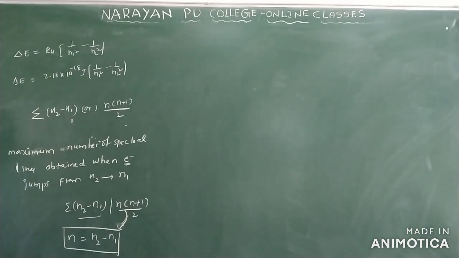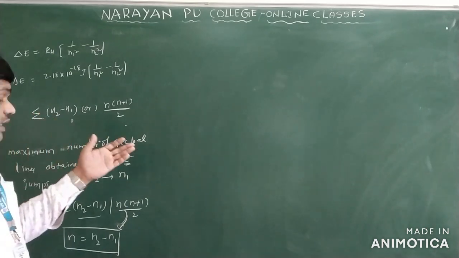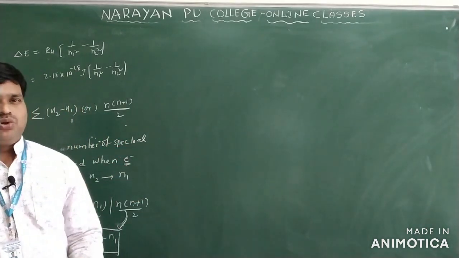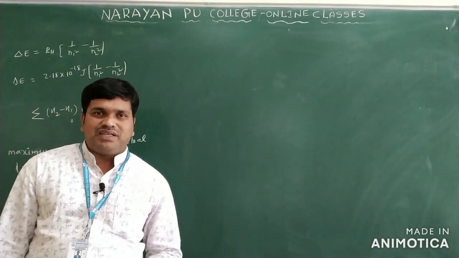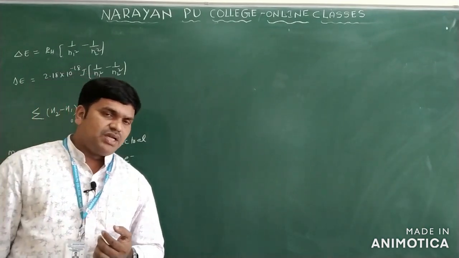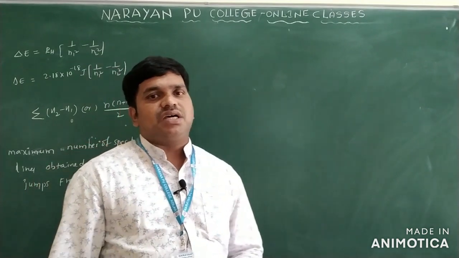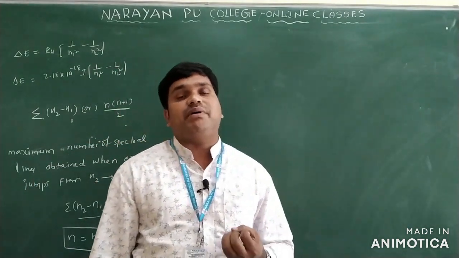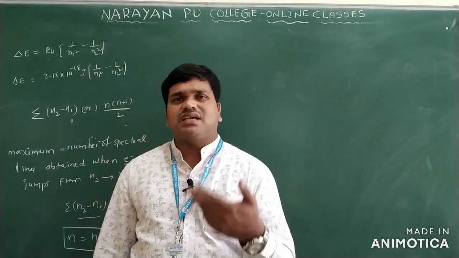So this is regarding the different types of formulas we are using in the hydrogen spectrum only. Already I told you here H alpha, H beta, H gamma and H delta. This I gave by taking the example of the Balmer series. If you take the Lyman series or the Paschen series or the Balmer series, the process is common only.